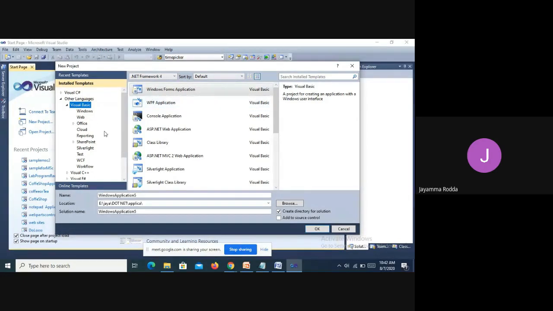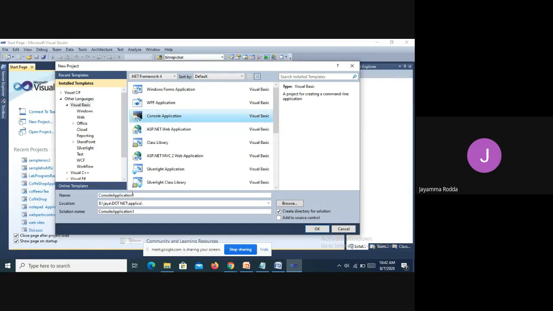Okay, in this Visual Basic, what are we going to select? We have to select first the console application. If you are developing any Windows application, then you can go for the Windows application. But right now we are going to use the if else statement, which can be developed in console mode only. That is why I'm selecting console application.